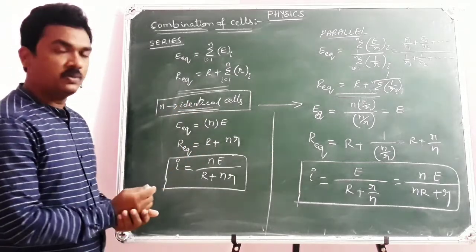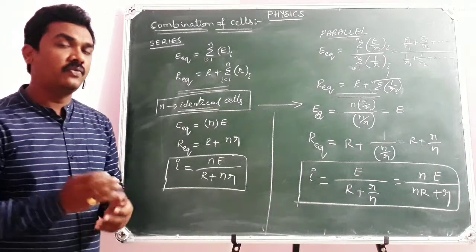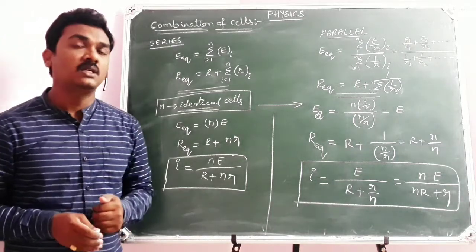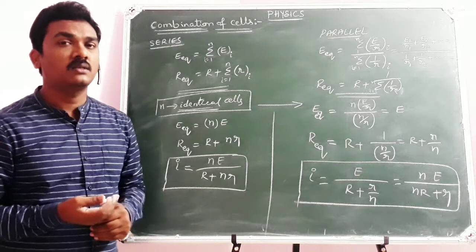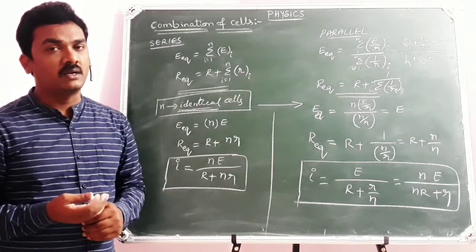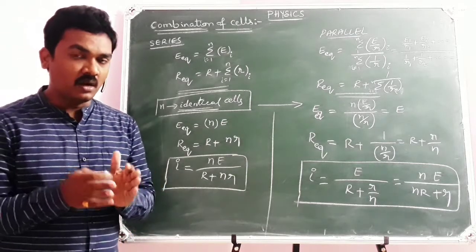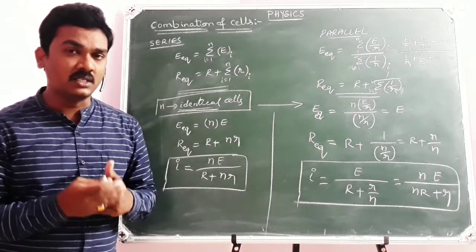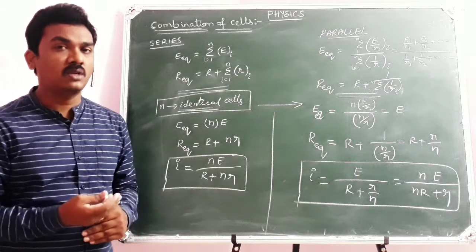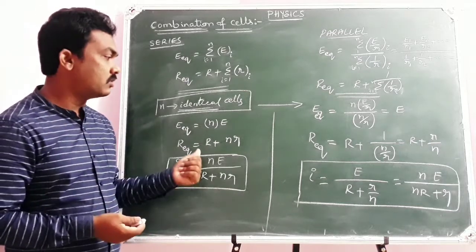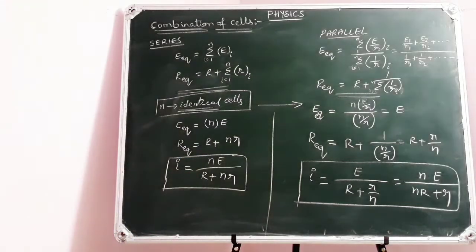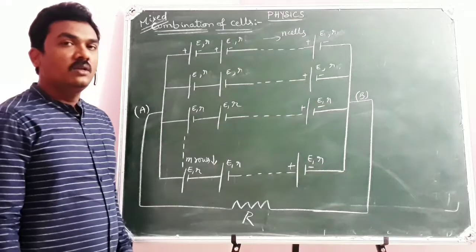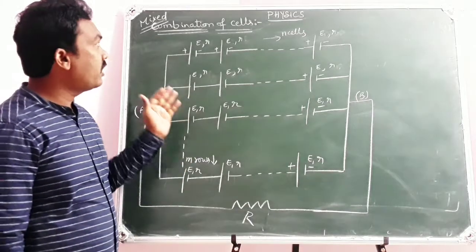So now after dealing with this point, the next point is, sir, if a few number of cells are connected in series and a few number of cells are connected in parallel, means there is a mixed grouping of cells, where series cells and parallel combinations of identical cells are arranged. Then what about the concept that we are going to discuss once you note down this? Here you can see mixed grouping of cells.